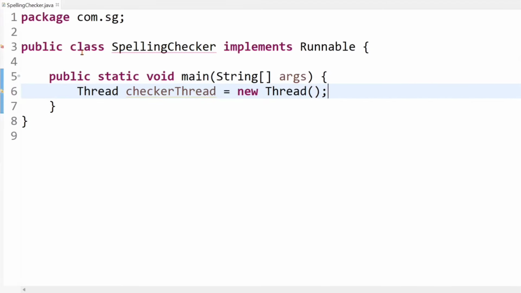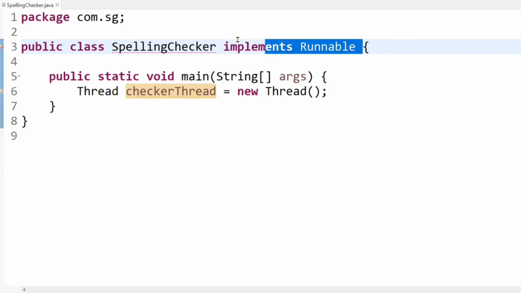And now assign a task to this newly created thread, and we can provide the task to the thread using the run method, right? So let's override the run method of the Runnable interface. So here we have already implemented the Runnable interface. Okay, and now let's override the run method.